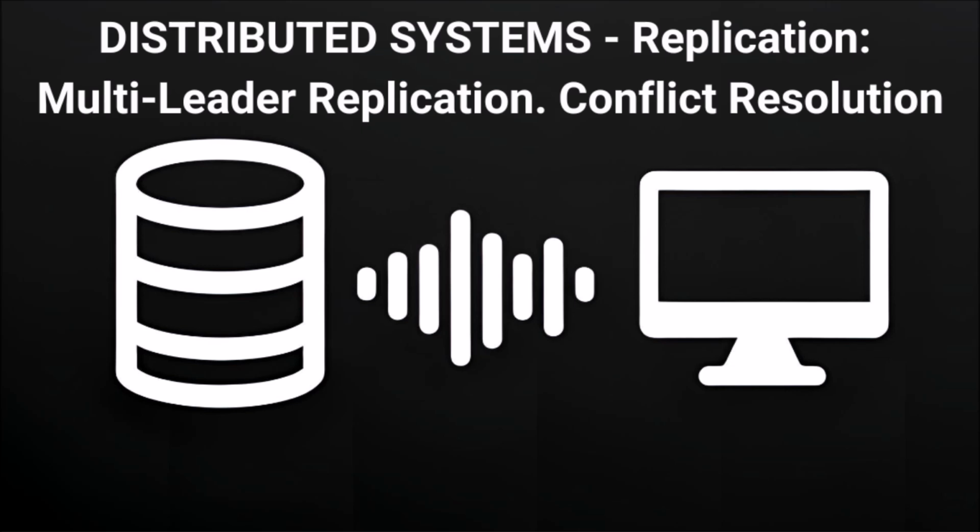So this raises a big question then. When do we even realize this mess happened? Could you detect it instantly? Well, you could try synchronous detection, meaning a write isn't done until all leaders agree and any conflicts are flagged right away. Okay, but wait. Doesn't that kind of kill the whole point? Yeah. If you have to wait for everyone to sign off, you lose that speed and independence that multi-leader is supposed to give you. Precisely.